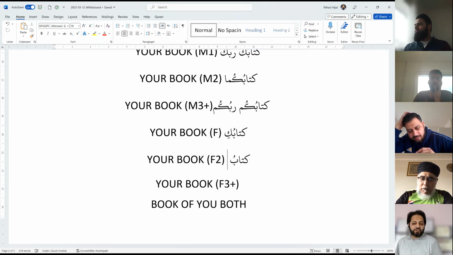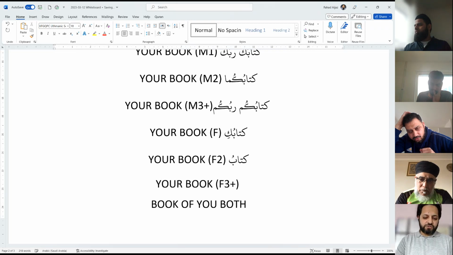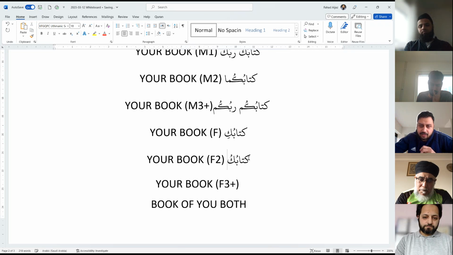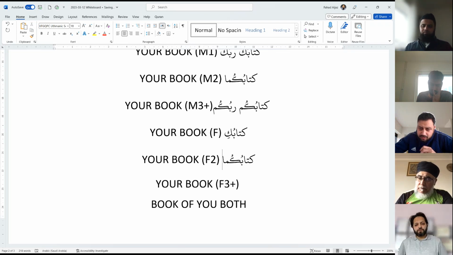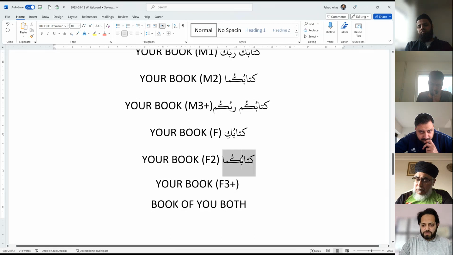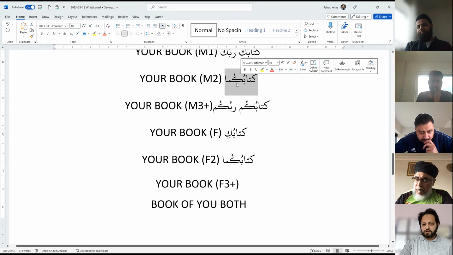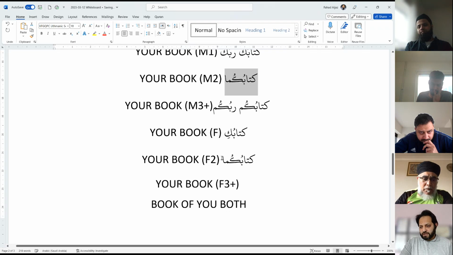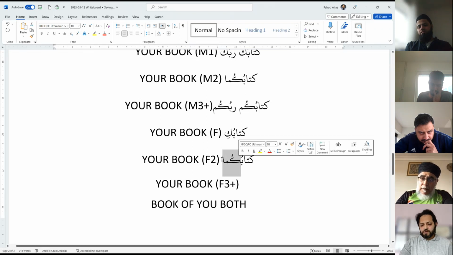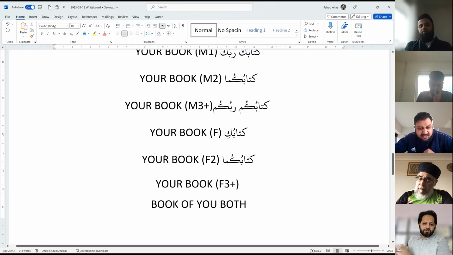So the second was antuma, right? Antuma was for two women as well, and that makes its attached form, which is kuma. Kitabu kuma, your book. And you see again, same story, kitabu kuma here and kitabu kuma here in case of masculine are the same. The context of the ayah will tell you what this kuma is going back to. Is it going back to a man or woman? Right now, you don't have to worry about that part.